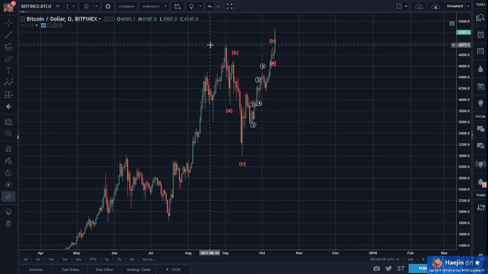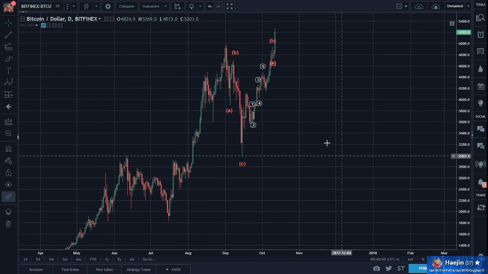It has exceeded the prior top way too high. So the double top is out of the picture. Okay. Expanded flat is still in the picture. Let's see what happens.